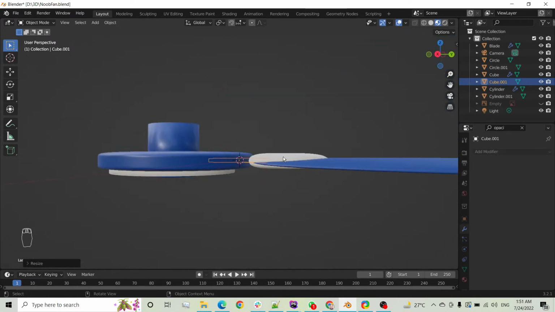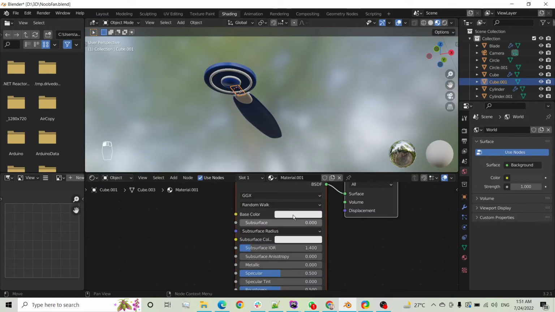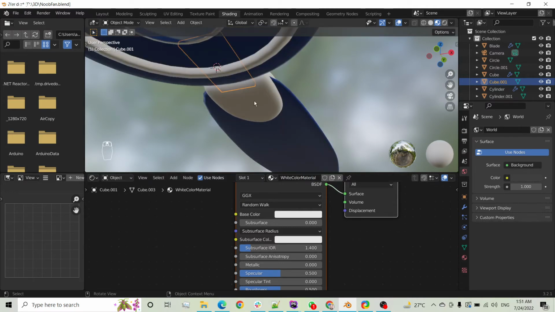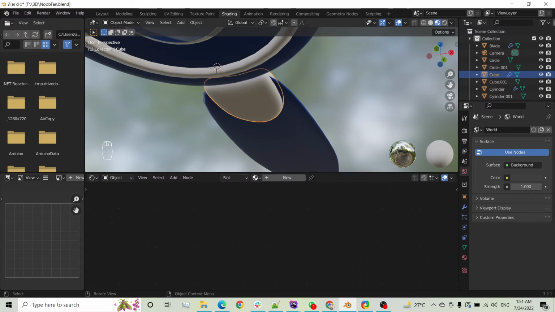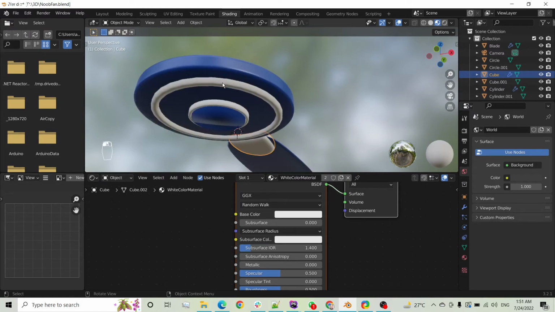But instead of leaving these on the default shading, we will actually create a white material. So my base color is white, so just call it white color material. So we will assign this material to these rings and those others too. Click on these and white material. Click on this,